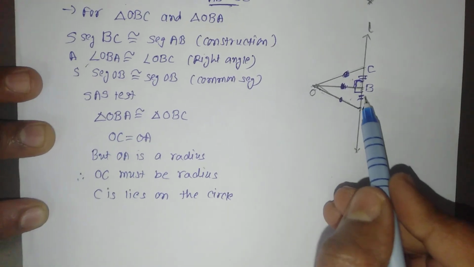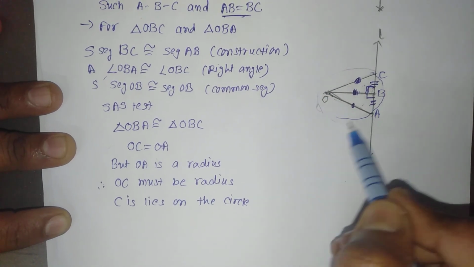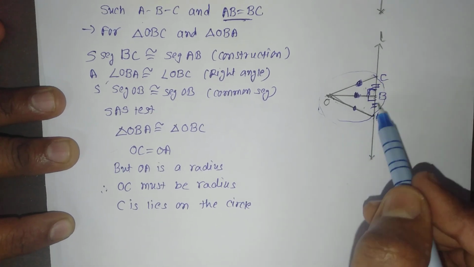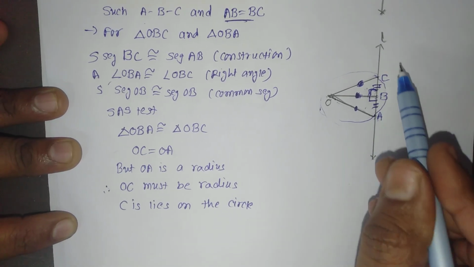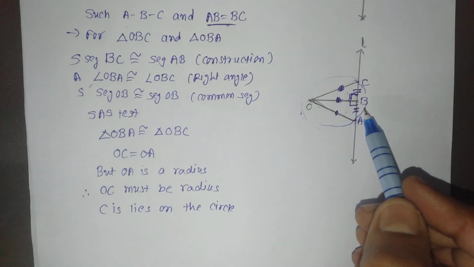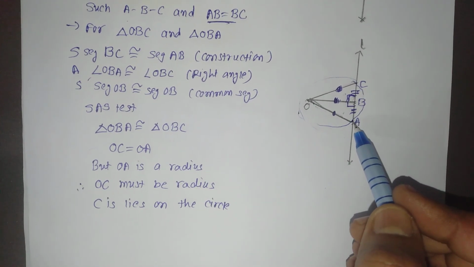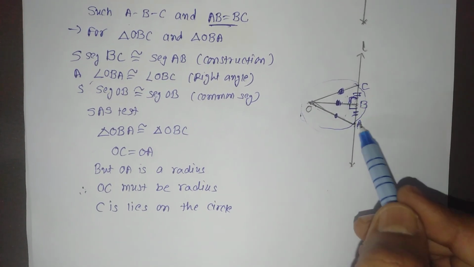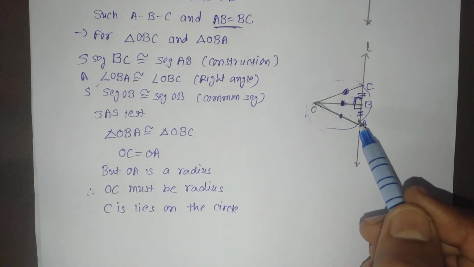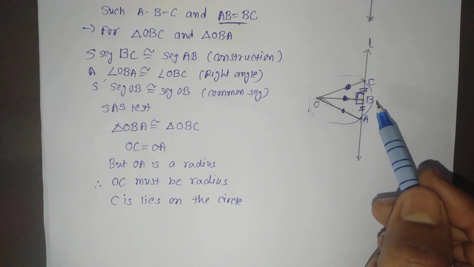So we can say that line L passes through these two points of the circle, one point C and one point A. It means this line L will not become a tangent, but it will become a secant, isn't it? A secant is a line which touches the circle at two distinct points. A tangent is a line that touches the circle at only one point, and here we can see that on the same line two points are there, A and C, and both lie on the circle. So line L will not be a tangent, but a secant.